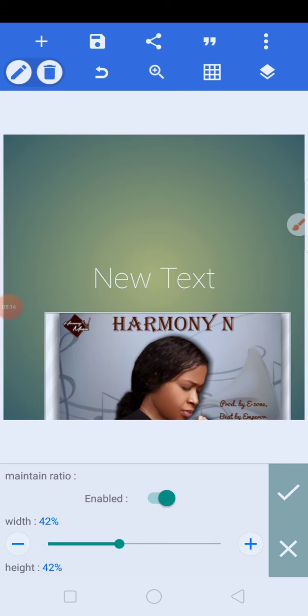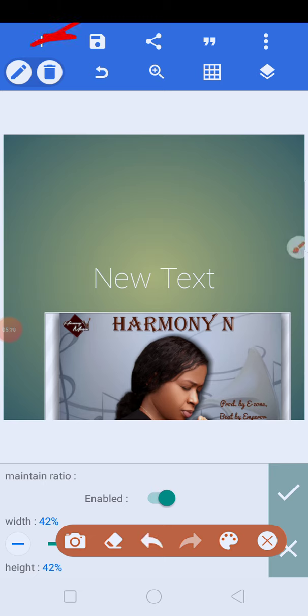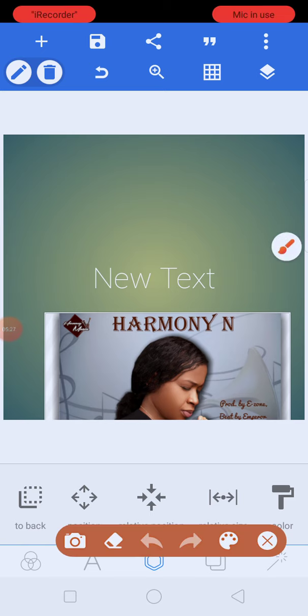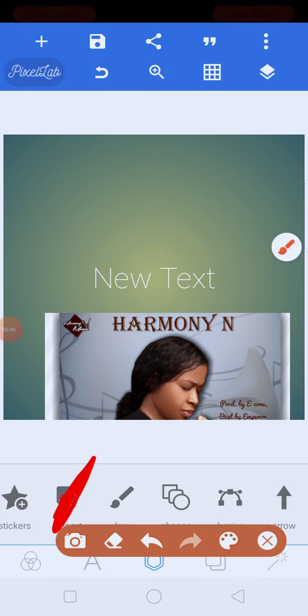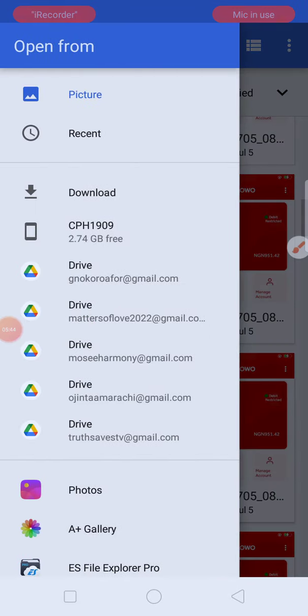I click on this plus sign right here to bring in the picture I use for my background. You click on this plus sign, or you click right here again, and when you click there, you click on import right here. Just like I'm about to do, I click on import. I want to import my design,